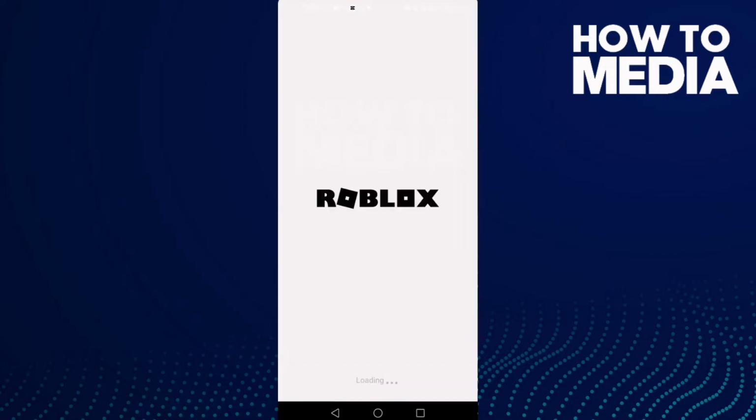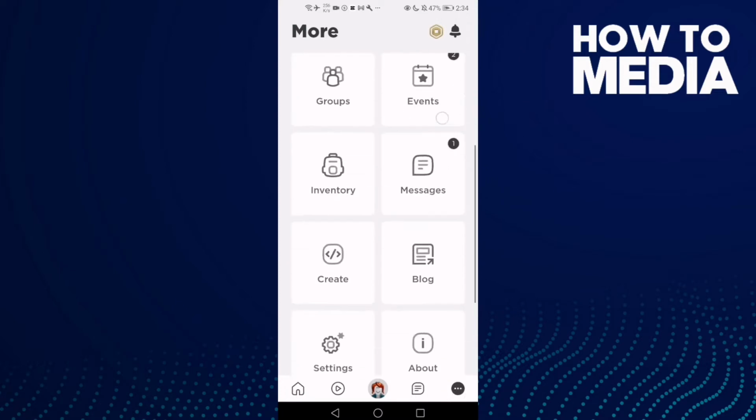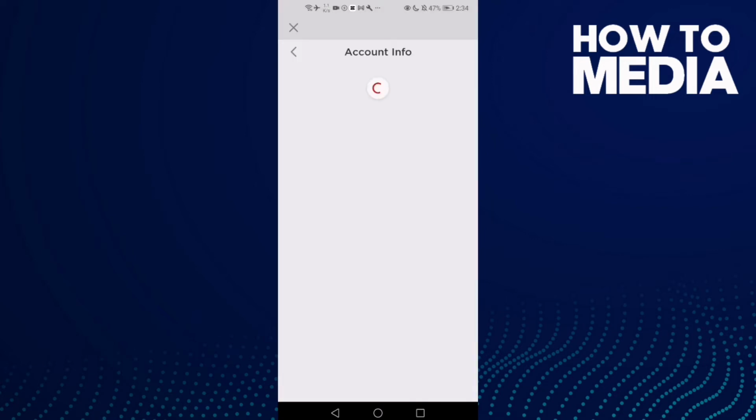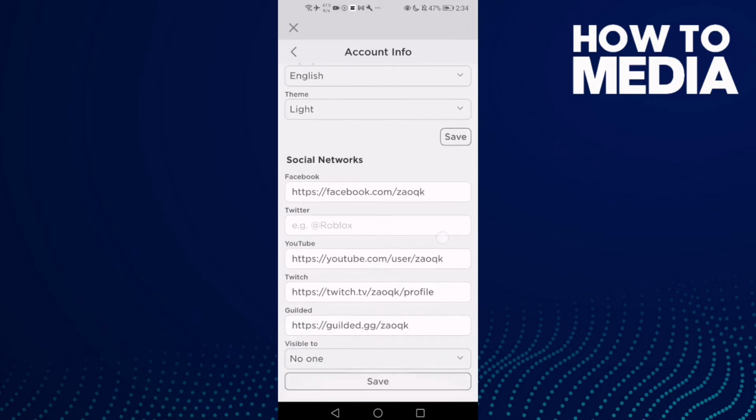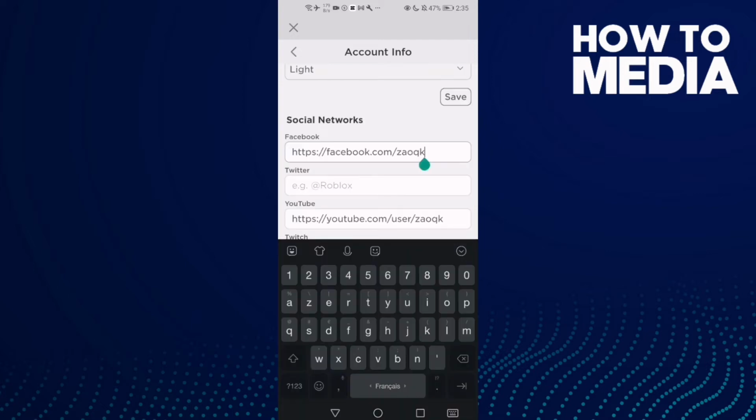First thing, go to Roblox and here just click these 3 points and then go down, click settings and then account info, and now just go down and here you will find Facebook. Then just click on it and delete it,